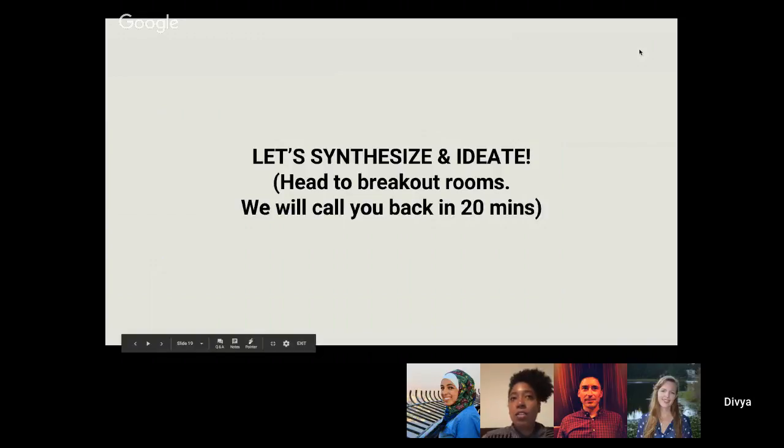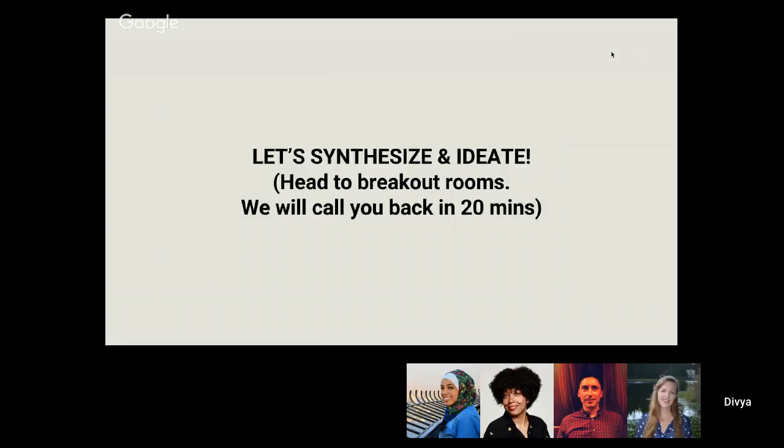We will also pop into your breakout rooms to check up on people and see how you're doing and see if you have any questions that we can answer. Yep, I would say just post in the chat and try and coordinate your team members there before you head into the breakout room. So that would be my suggestion, is identify one and post there. The breakout rooms are open, so go forth.